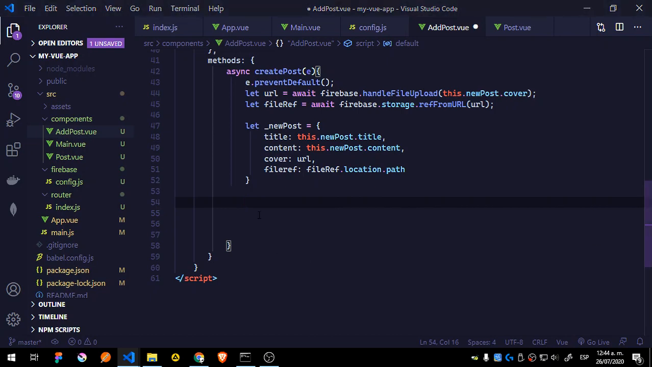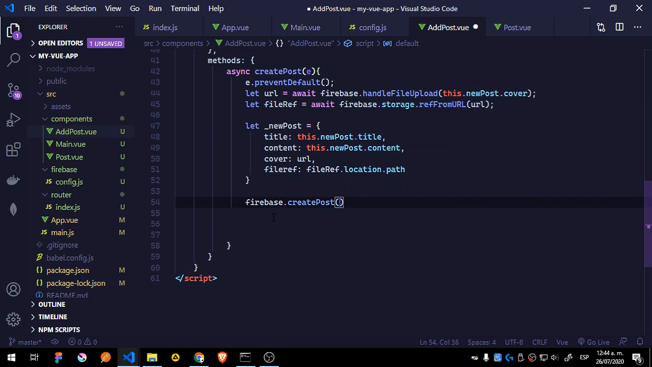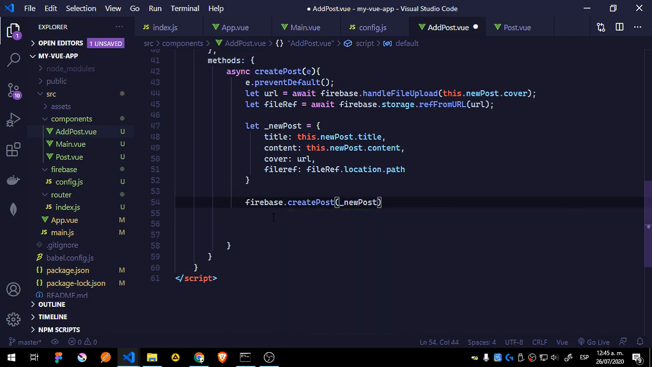So the next thing is inside this same function we are going to say this.firebase.createPost. So this is the createPost inside the config inside the Firebase class, and it's going to receive this new post. Then we're going to say